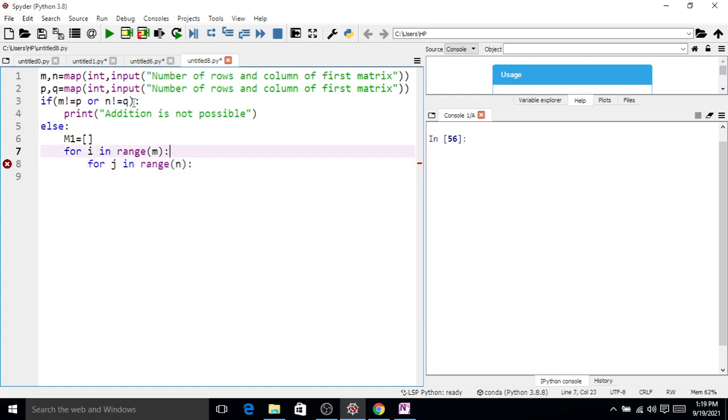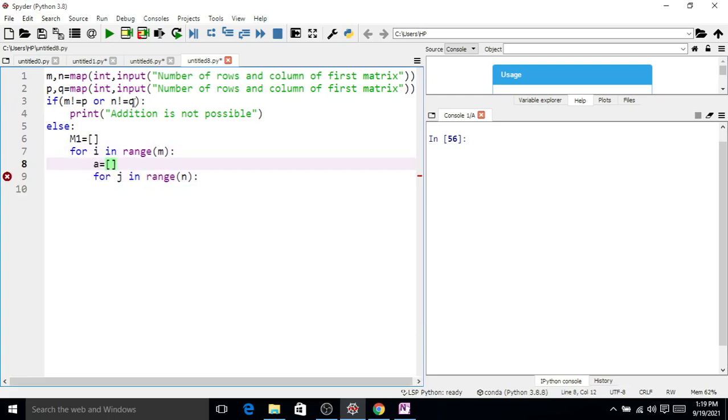Again we create one more empty list, say a, and we append a row in a and then we append that row in matrix M1.